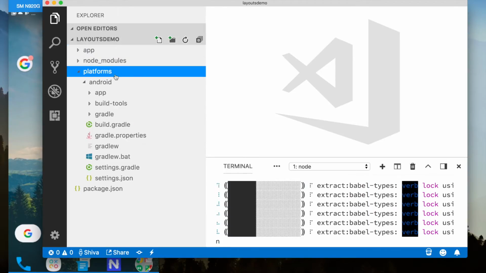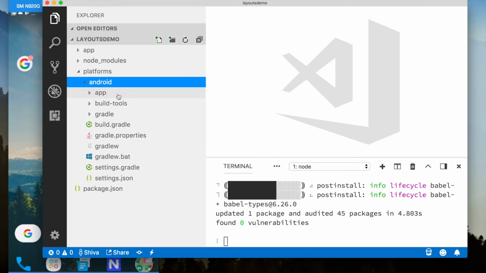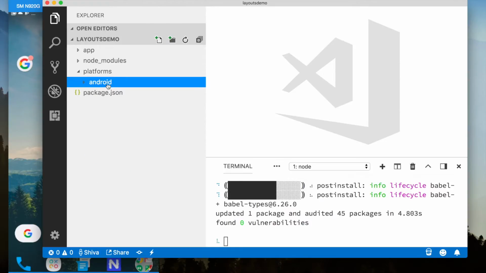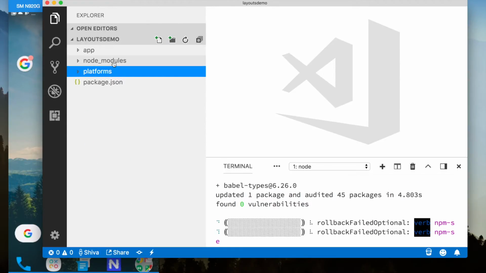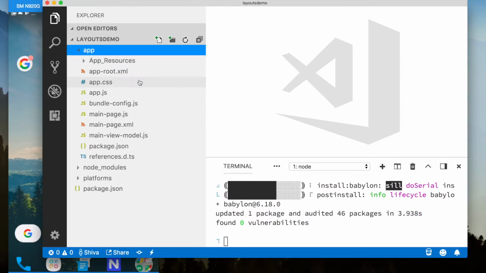What is inside the platform folder is what you get after building the app. When you finish building the app, you can find the APK file and all that inside this Android folder. So we'll not worry about these platforms or node modules. So inside the app folder, we have